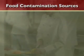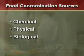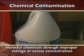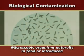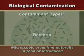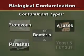Most food contamination comes from three distinct categories: chemical, physical, and biological. Chemical contamination usually occurs as the result of chemicals being improperly stored or from using chemicals in excess concentrations. Physical contamination is usually the result of an object finding its way into food. Objects may include hair, bandages, fingernails, metal shavings, or machinery parts. Biological contamination is the focus of this video, and there are 5 main categories: bacteria, viruses, parasites, protozoan, and fungus